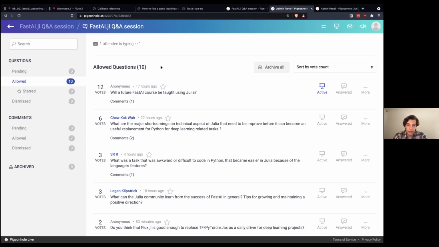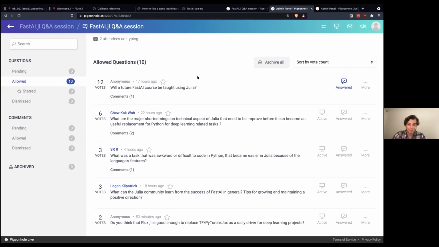I might be co-teaching in the next semester a course on computer vision in Julia at my university, and parts of that would also use FastAI.jl, but it's not quite sure yet. I think that's all I can say about that.